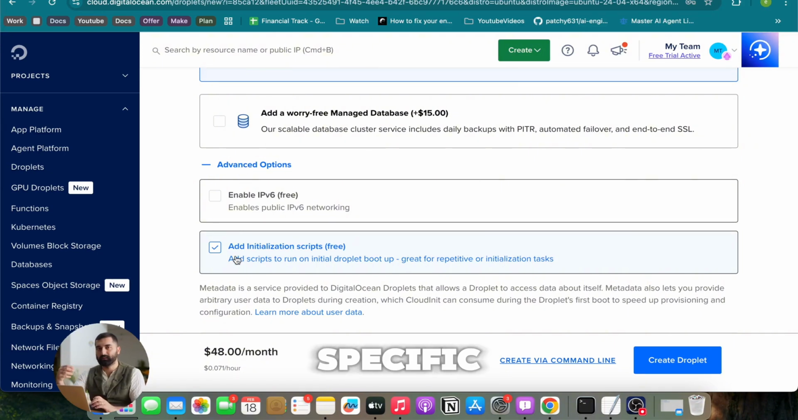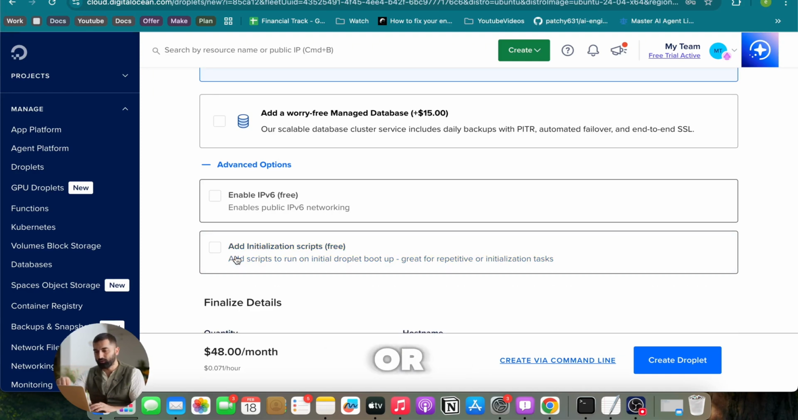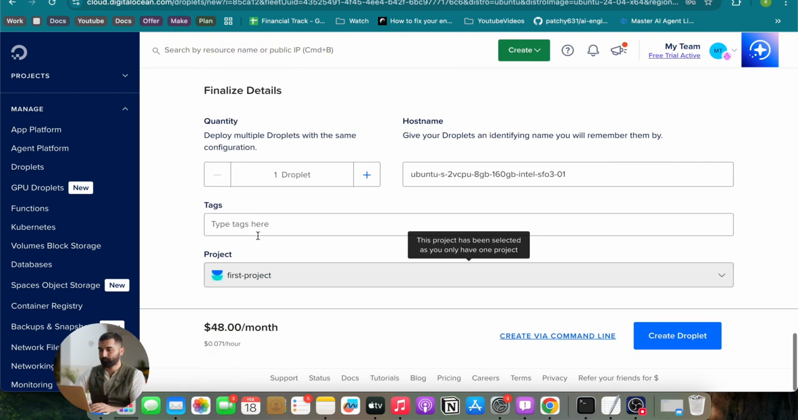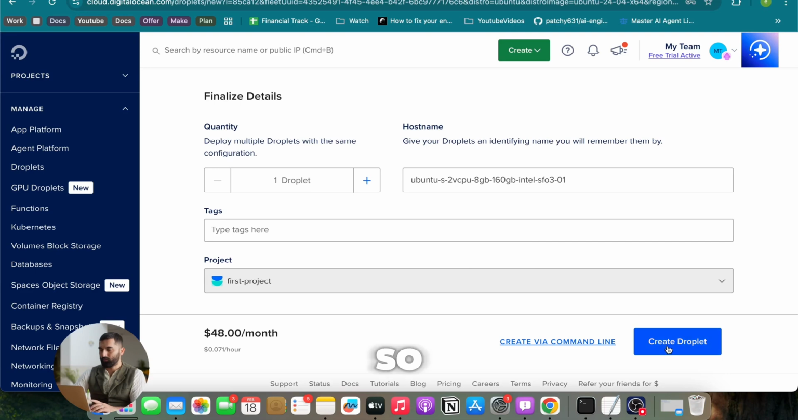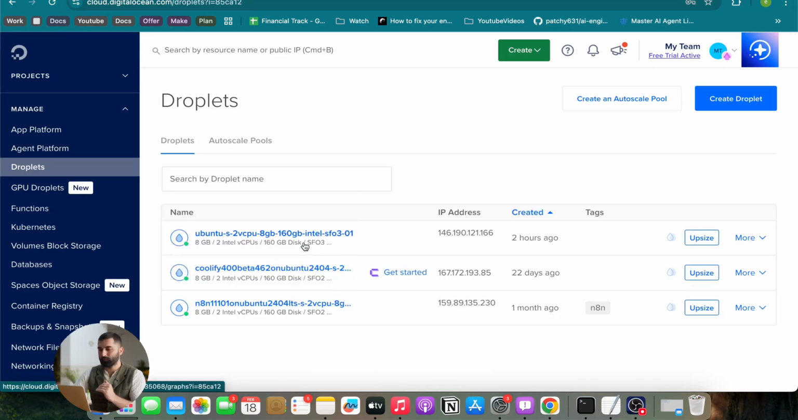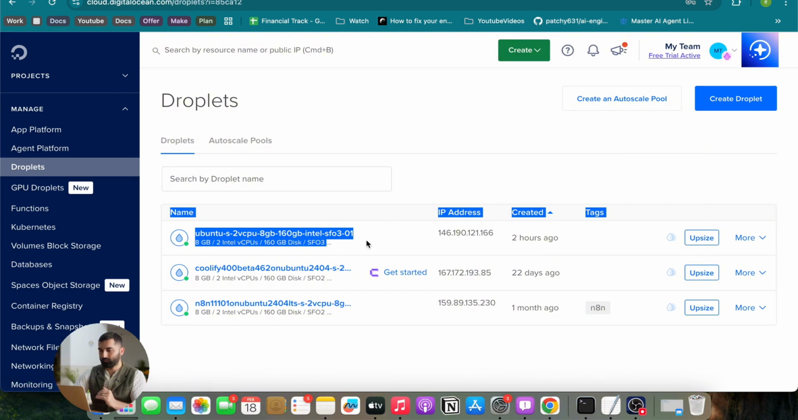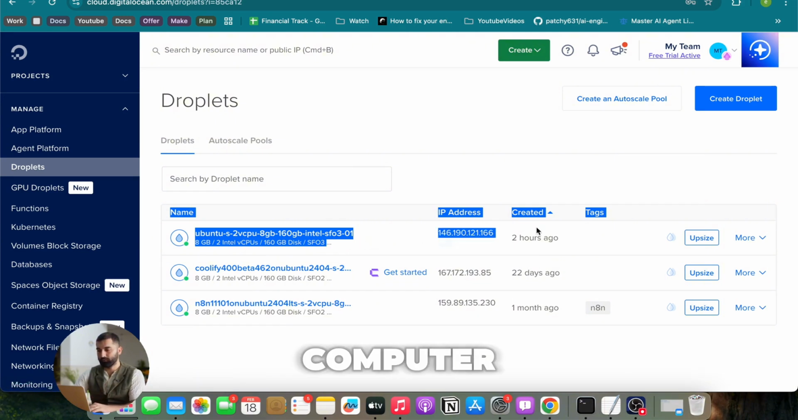it will come with specific applications. Either you can just use it there, or you can use these applications or packages that I give you after you actually open the computer, which is what we're gonna do. So once you click create droplet, you will have a droplet like this. Yani you will have a computer like this,